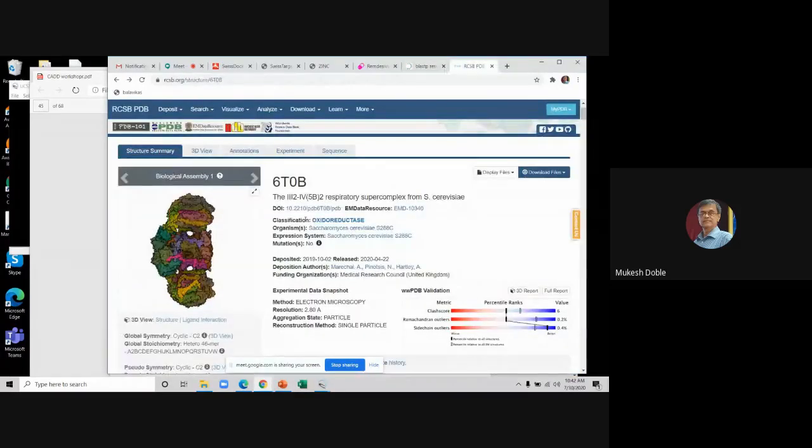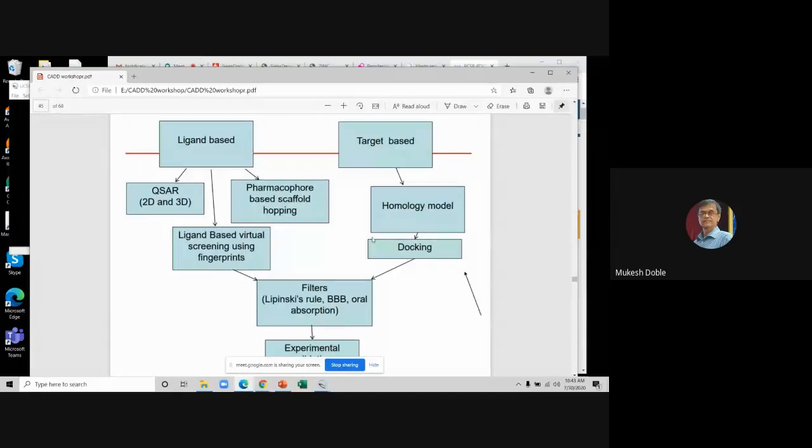Okay, then we can build and then we can run. Or if the protein 3D structure is available in PDB, then well and good. We can download the PDB structure and then we can do our docking. Okay, so the docking comes later, but initially, if the 3D structure is not available, then we look at the